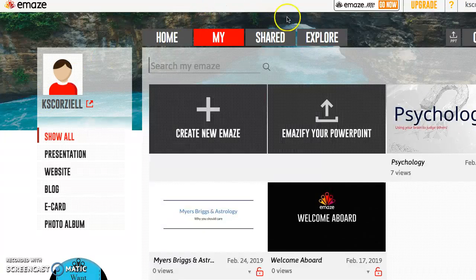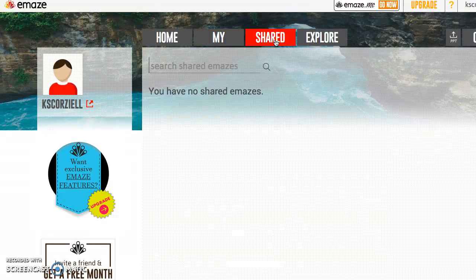So if you go to www.emaze.com and create an account using your email, it will take you to this My Emazes tab where your Emazes are stored. So Emaze works sort of like Google Drive or Google Slides, where you can create a presentation online. It'll store it on the web, and you can also share your Emazes, and you can access those shared Emazes